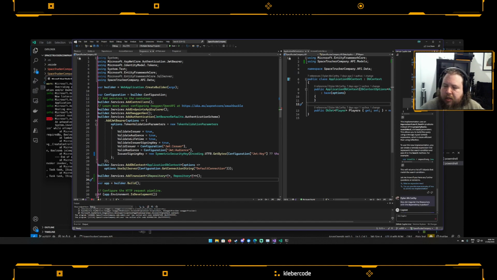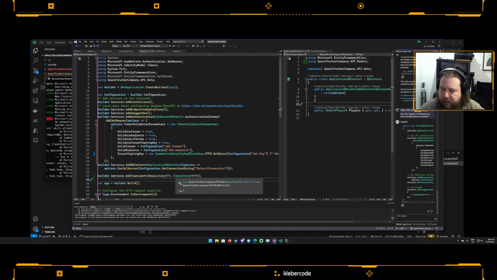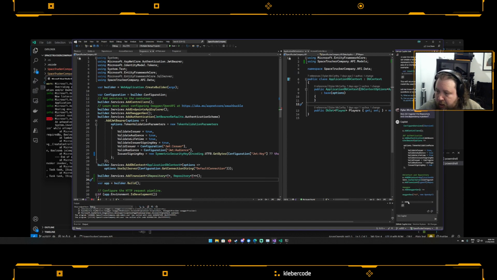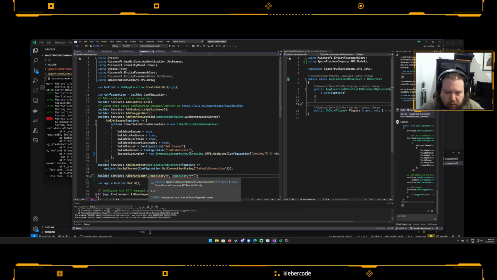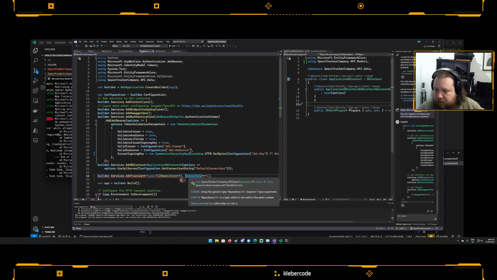How do I register the R repository with the dependency injection? Add transient type of repository. Okay, so does that work? So type of R repository and type of